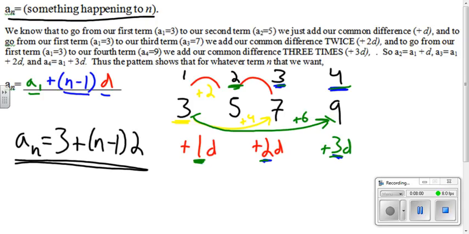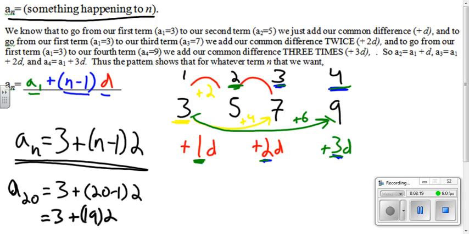So again, let's go back to what I had asked. We want a sub 20, our 20th term, equals 3 plus 20 minus 1 times 2. So we'd simplify that down and say 3 plus 19 times 2. And that equals 3 plus 19 times 2, which is 38. So in the end, I'll just write it as a sub 20 equals